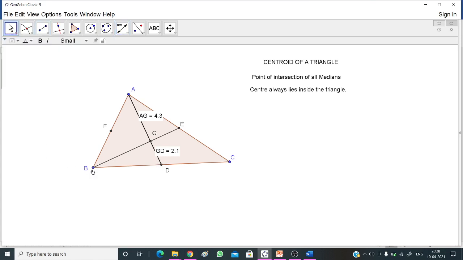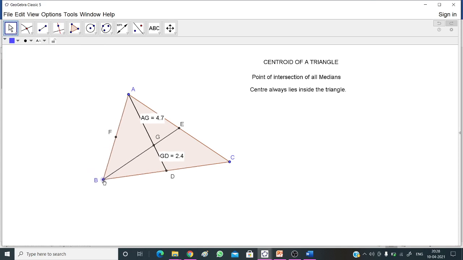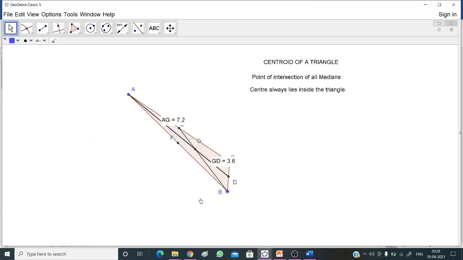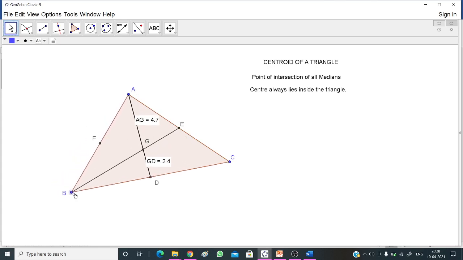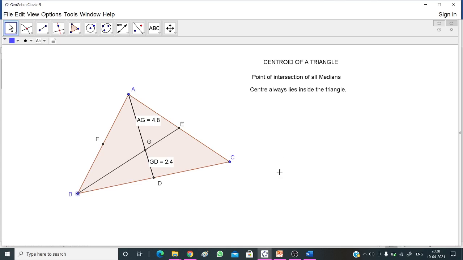Now rotate it, move it, and you see that G always lies inside the triangle and the ratio is 2:1.